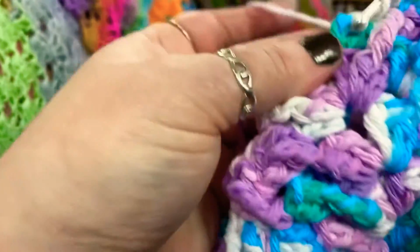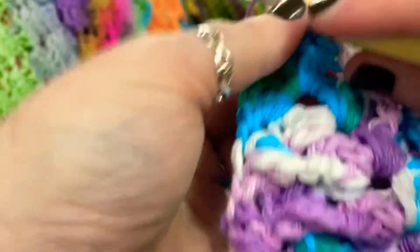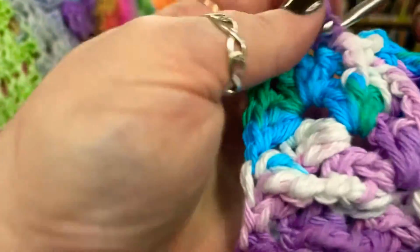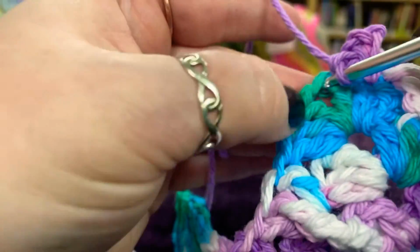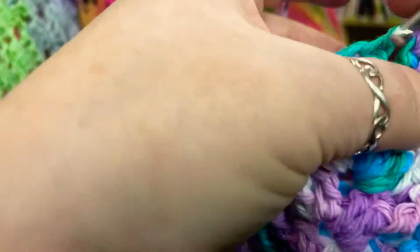twice, 1, 2, 3, single crochet, 1, 2, 3 stitches, 3 chains rather, pull through all 3, single crochet into the top of this stitch and into the corner, 1, 2, 3 chains. Through all 3 for the picot,